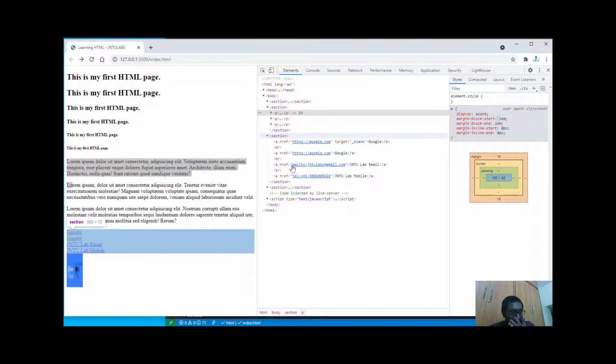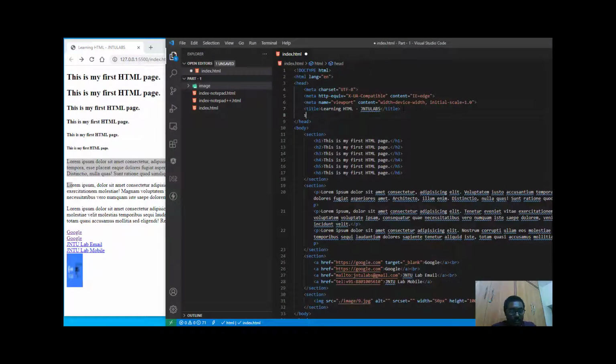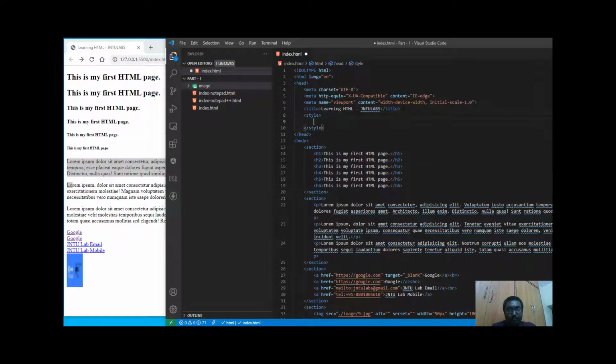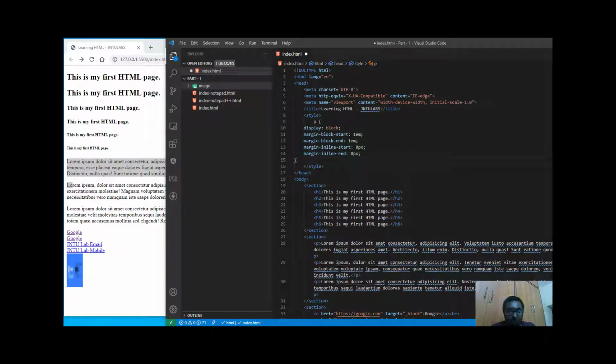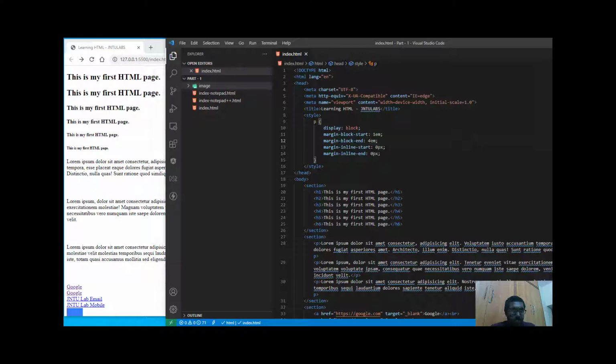Let me add a style to all your p tags. So nothing is changed. Now what I'll do, I'll make it like 4, and you can see the gap has increased.